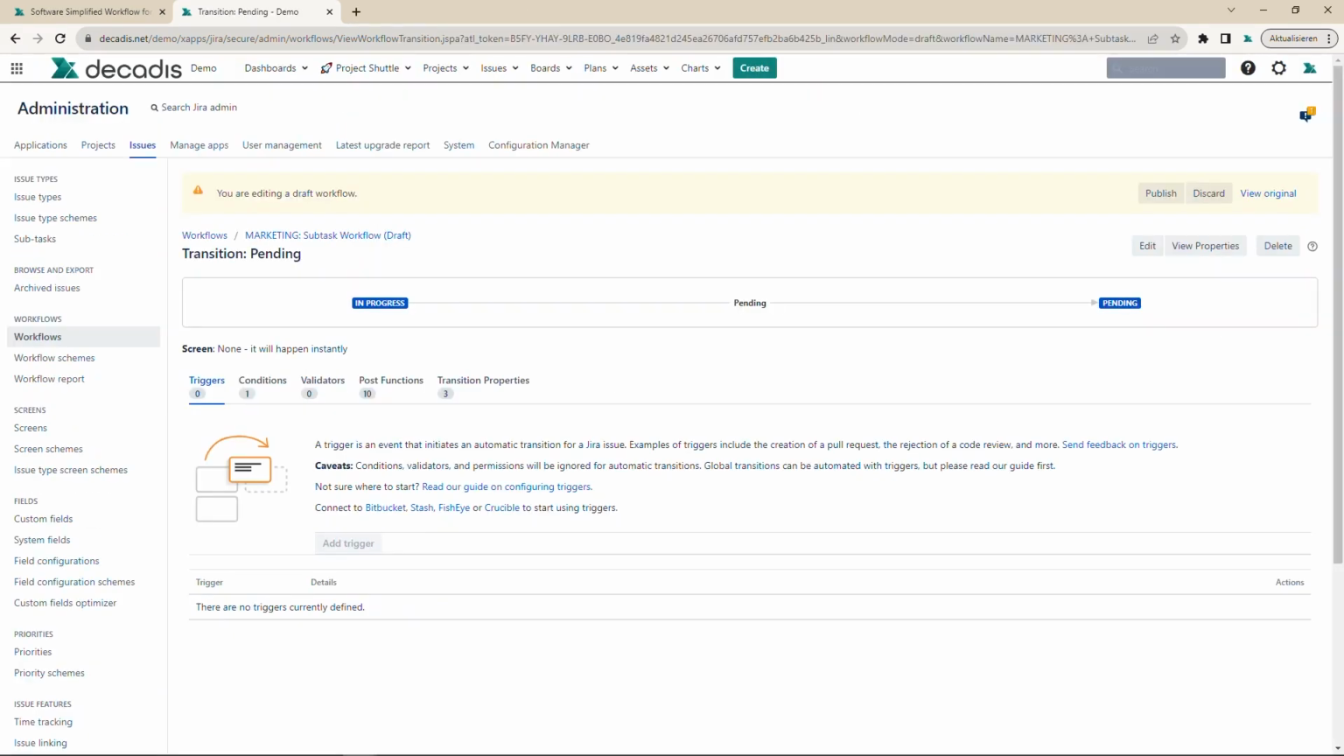Editing workflows is the area where Admin Toolbox for Jira probably offers the most improvements, both in the general transition overview as well as when editing a specific transition. So looking at this transition editing screen for the pending transition, you might already have noticed the additional tab for